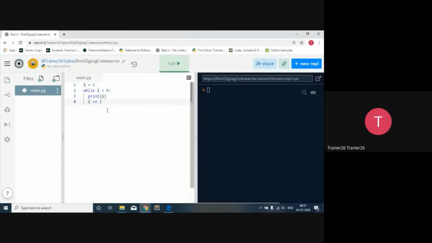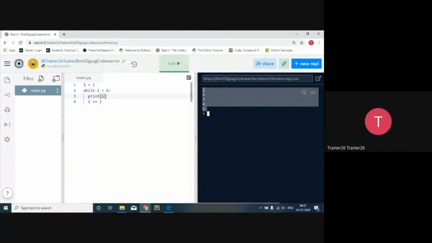So here in Python, again the indentation problem we have to keep in mind regarding using the while loop. So we have set up i equals 1 and i will go up to 6, and here we have to take care of initialization and the incrementation of it, and I have just incremented the i by 1 every time. So let's execute it. So it will show 1 2 3 4 5, or and then after that what is going to happen? You just forgot to give the one space.